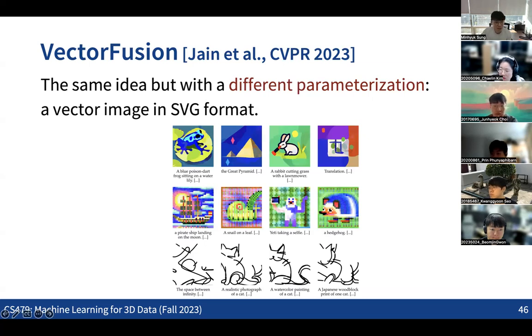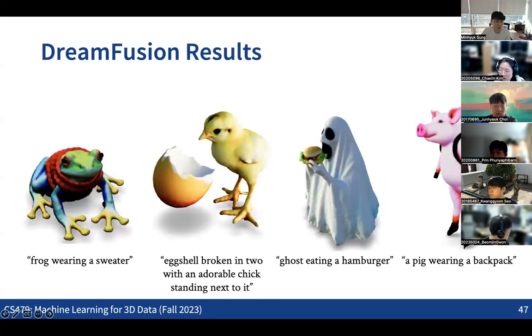Yeah, actually, this idea has been quite effective in producing very high quality 3D outputs. And as you can see, these are really interesting outputs. Even when you increase the scale of the 3D model dataset, it would be really hard to imagine outputs like a pig wearing a backpack, or a ghost eating a hamburger. It's really hard to expect this kind of variety of 3D models, even when you scale up all the 3D datasets. But for images, we have more than 5 billion images.